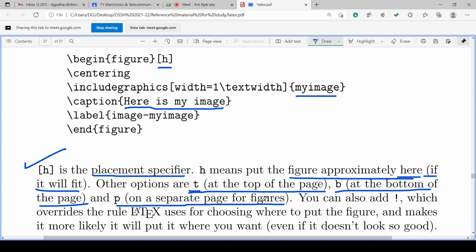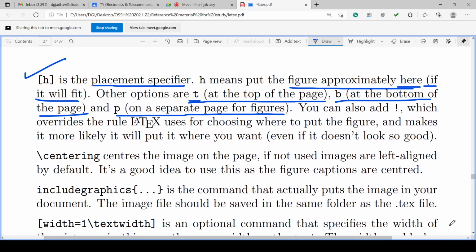You can also add an exclamation mark which overrides the rule LaTeX uses for choosing where to put the figure and makes it more likely it will put it where you want, even if it doesn't look so good. But according to our requirement of the document, at that location, the figure will be placed.